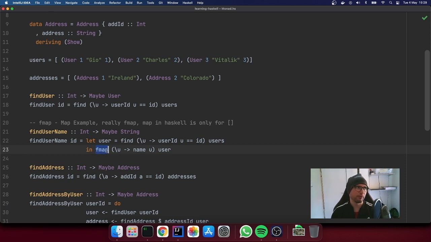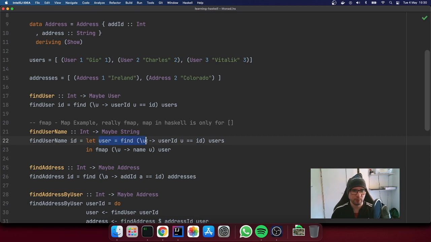Fmap, if you are familiar with it, the majority of languages have a function that is also very popular for lists. It's usually called map. It basically changes the type of the list from one type to another. So in this case, we are just extracting the name from the user object. And apologies, maybe in Haskell these are not considered objects. These are actually more like structs, but at the moment I'm going to be calling them objects as I would in Scala.